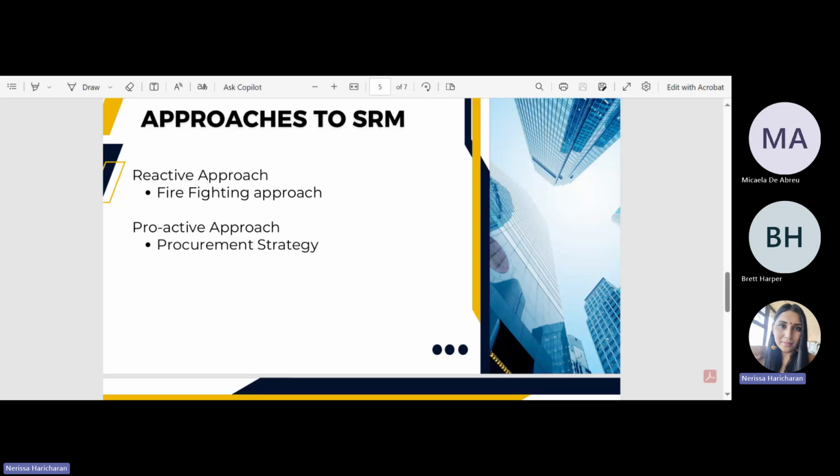Maybe, for instance, it's a customer based in Durban and the biggest lane is Cape Town. Why don't we look at decentralized warehousing in Cape Town where they have cheaper logistics costs, meaning that we move product into a warehouse in Cape Town, we store it there, and then we pick, pack, and deliver from that Cape Town facility, which means that they have faster time to market because they're now getting it either same day or next day, as opposed to a 3-day transit from Durban to Cape Town.